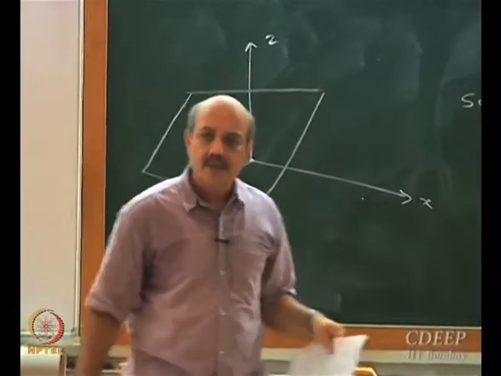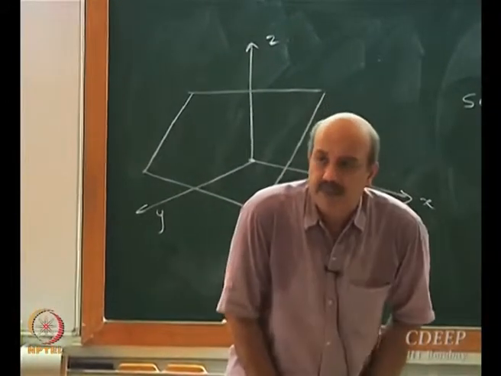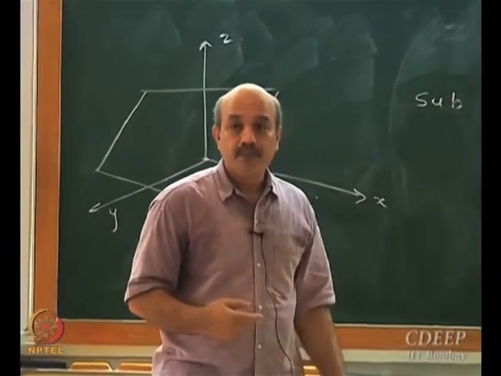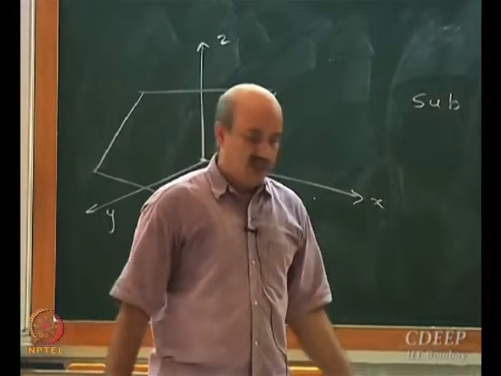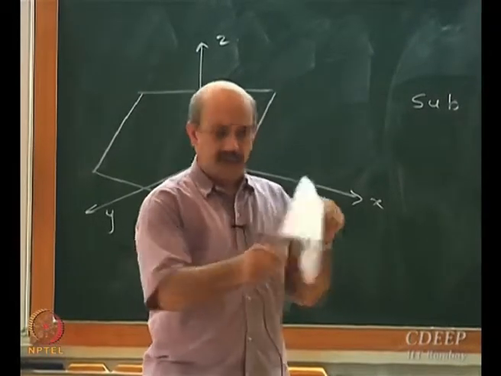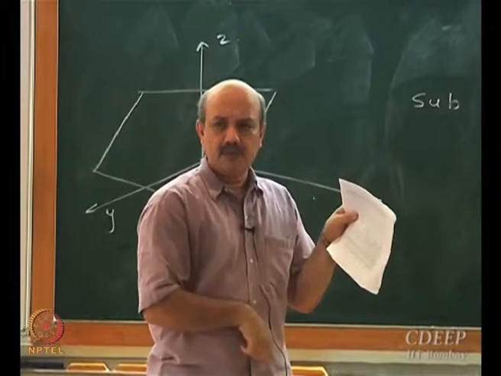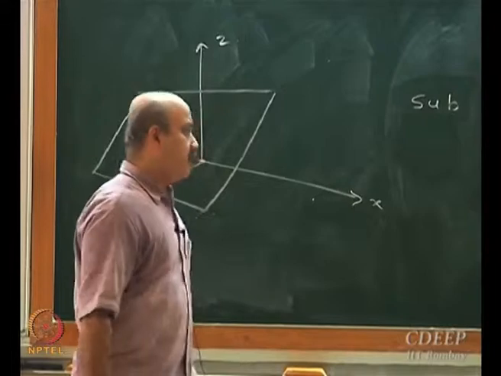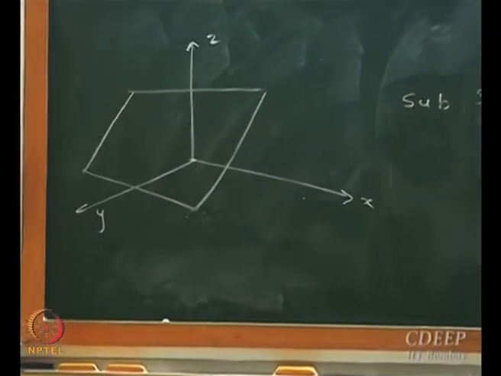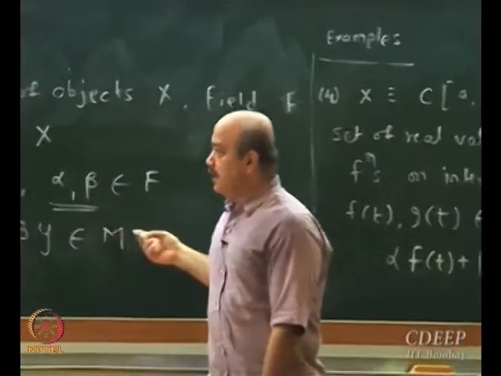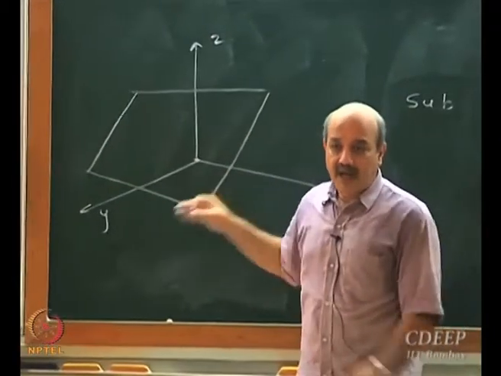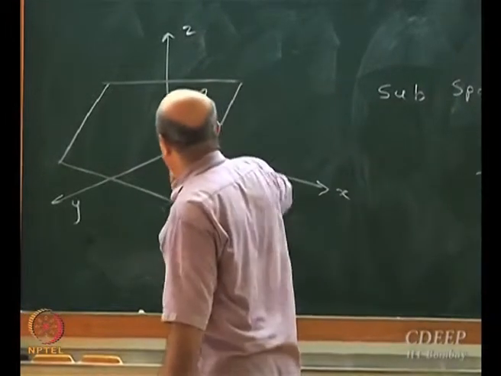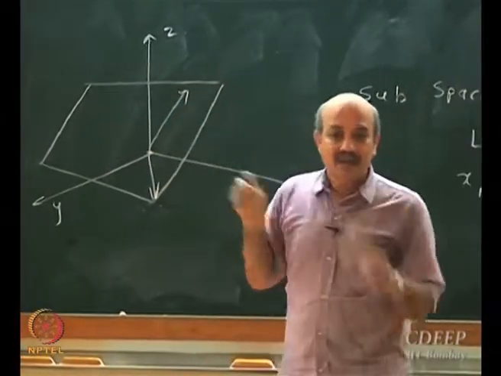Will it form a subspace? Just because it passes through the origin, will it form a subspace? No, it should also have x plus y belonging to M, the closure rule. I can take 2 elements such that x plus y belongs to it, but not for all x plus y. Correct. The word all is important. It should happen for every x plus y. If I take a finite set like this and not the infinite set, it may happen that for two vectors, say this vector and this vector, the addition may not belong to this small set.